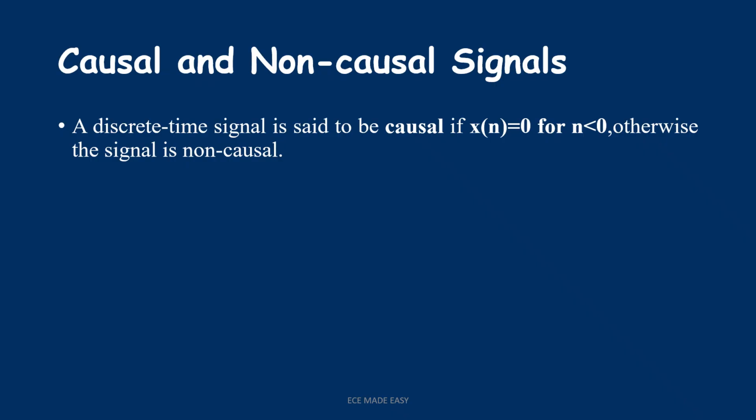Coming to causal and non-causal signals. The discrete time signal is said to be causal if x of n equal to 0 for n less than 0. Otherwise, the signal is non-causal. This is a simple definition. And if the signal exists for n